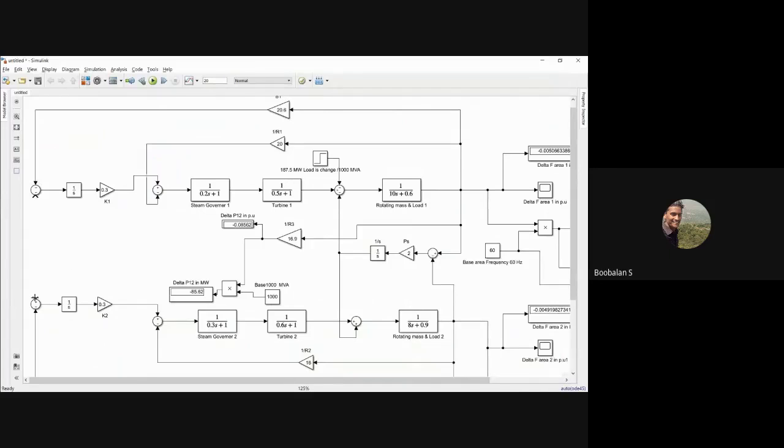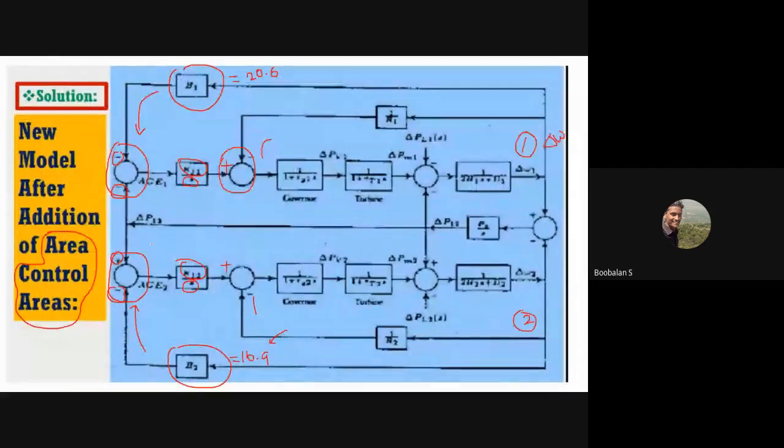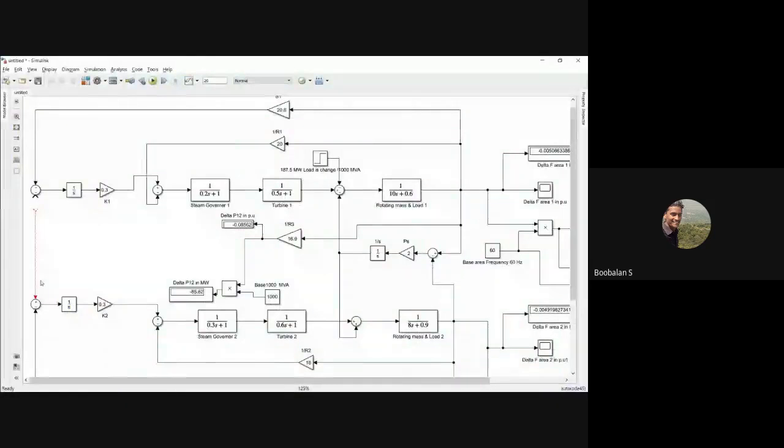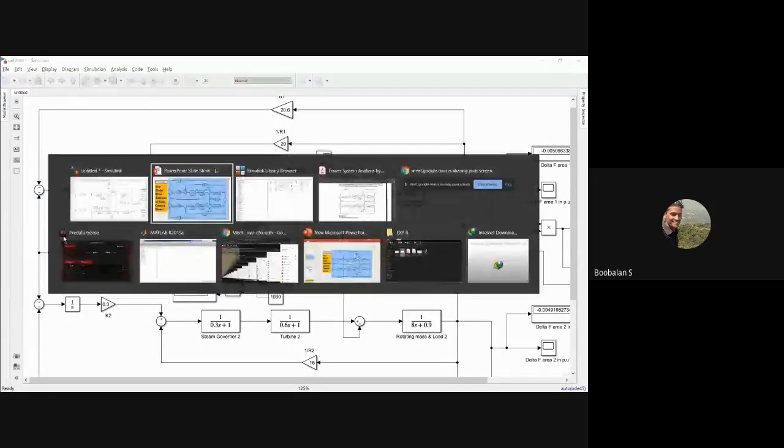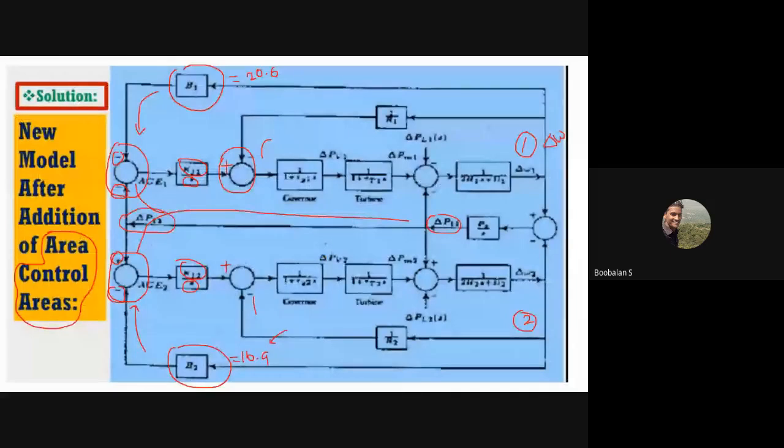Now we need to connect these two blocks. But actually, this will give you one more. Del P2 is coming over here, and it will be connected to these two lines, right? And I'm going to connect del P12 which is coming over here, this line. Now we can connect this line also over here, right? Now it's connected. So the tie line is now connected, right? Everything is now connected. Now it's time to run your problem, and the load is given over here, right?